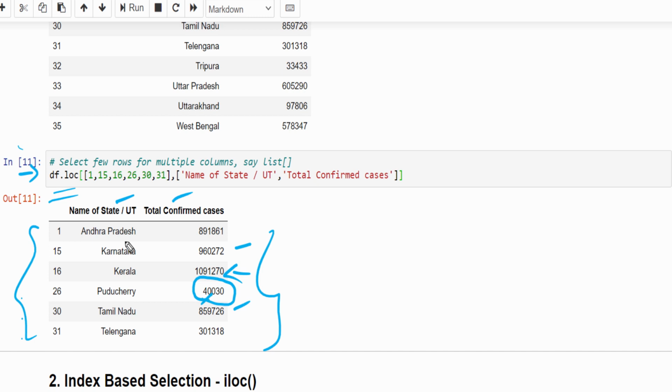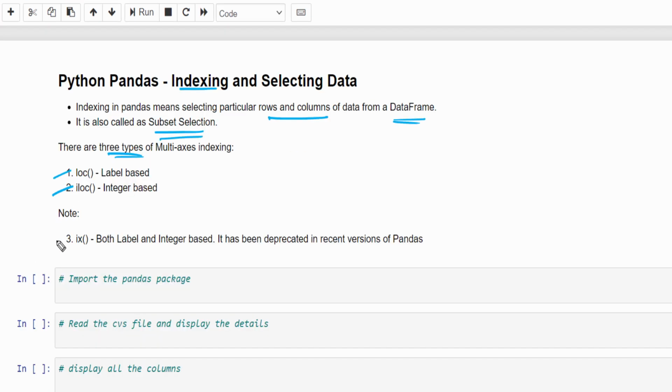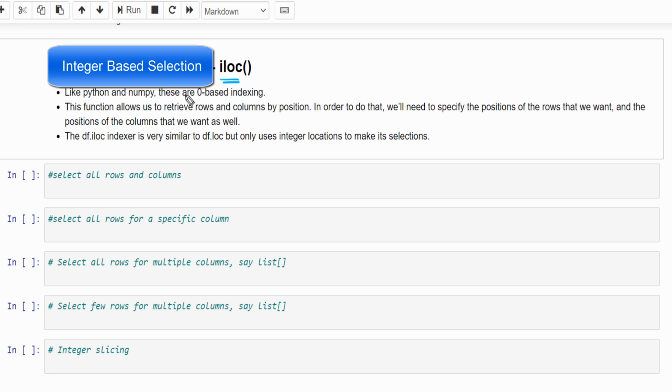Now the same example we will be learning using integer based indexing. Integer based selection, iloc, like Python and NumPy, these are also zero based indexing. Always remember, in any programming language, when we deal with index, it starts from 0.